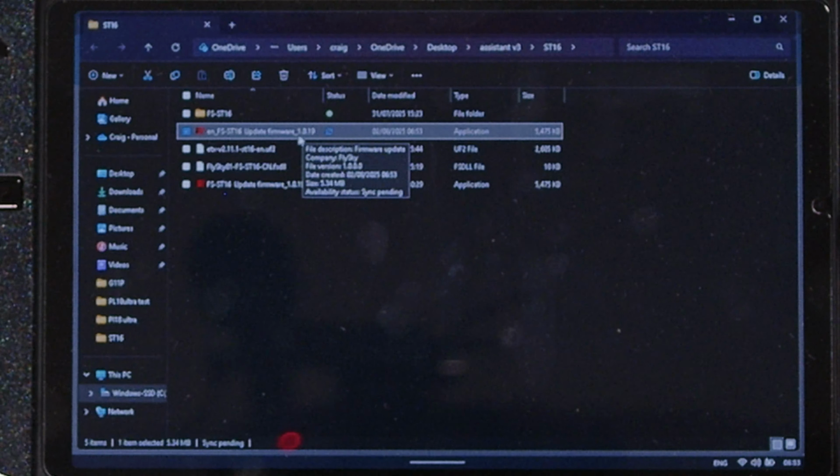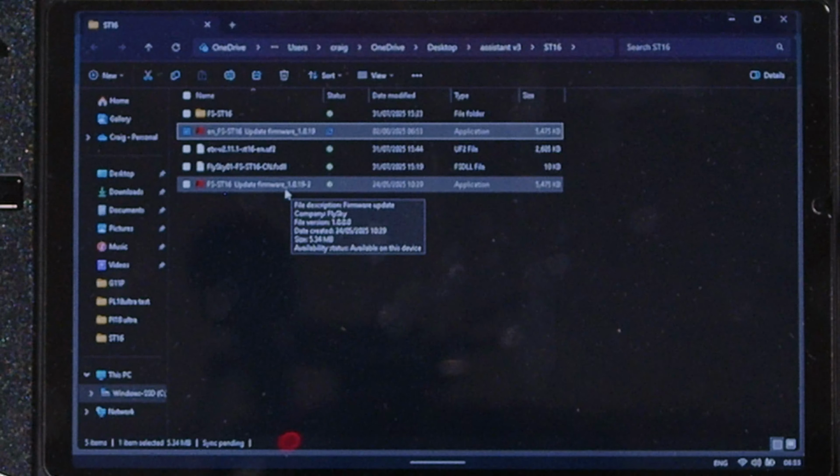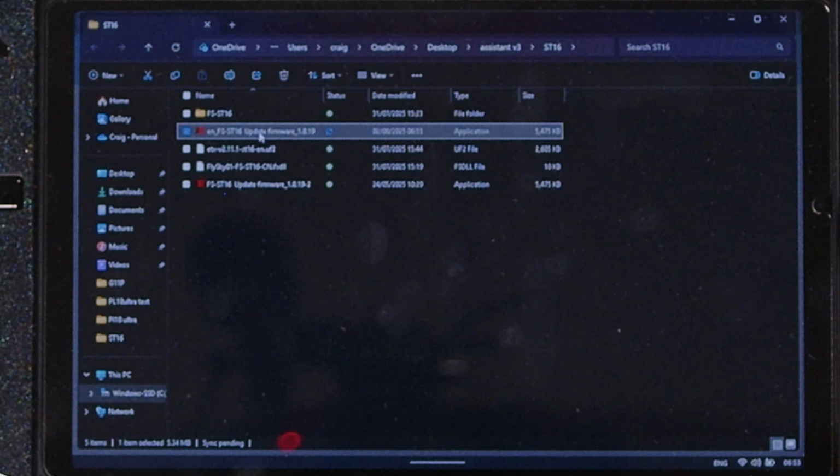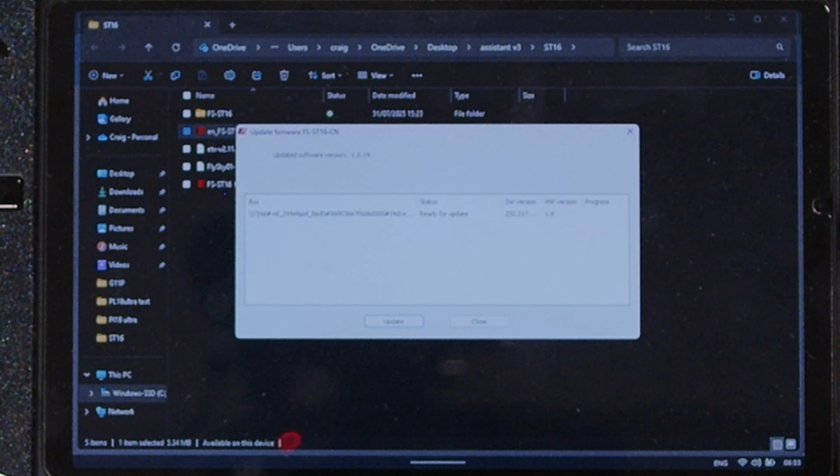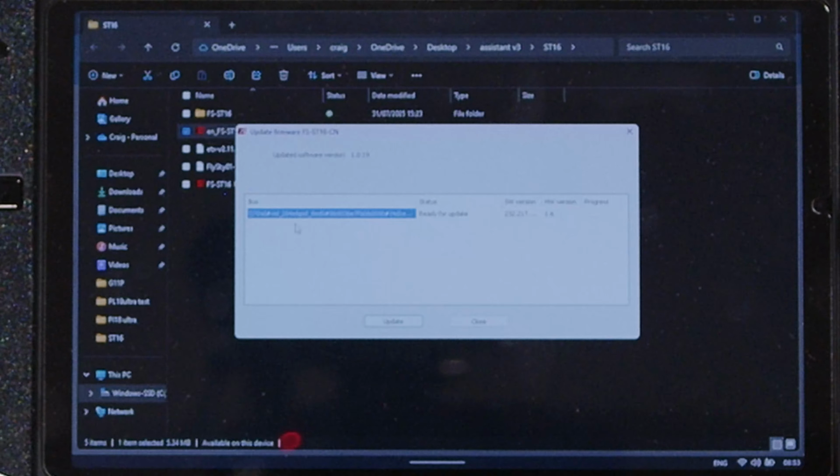So this says it's version 1019. We also have the very latest 1019-2, but I'm going to do what it says and try and run the 1019 firmware updater. So it does say it's detected. Click update,